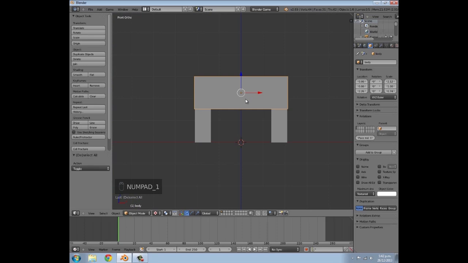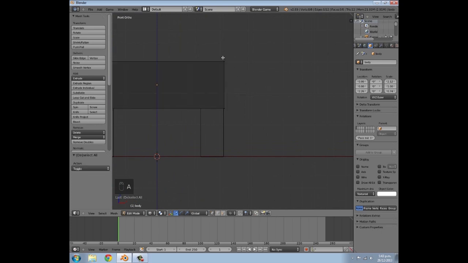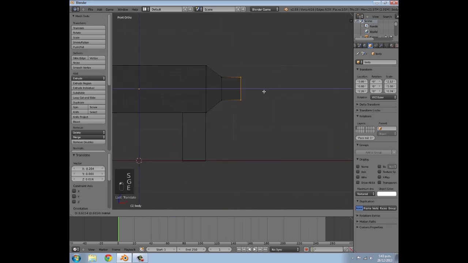So we're going to press numpad 1, press Tab to go into edit mode, then press Z to go into wireframe, A to deselect, then press B and drag over the vertices there. That should select the whole side. Then press E to extrude, S, and press E again,